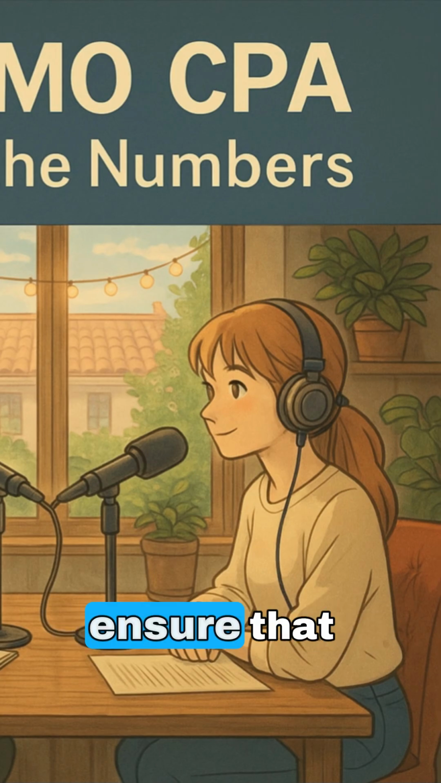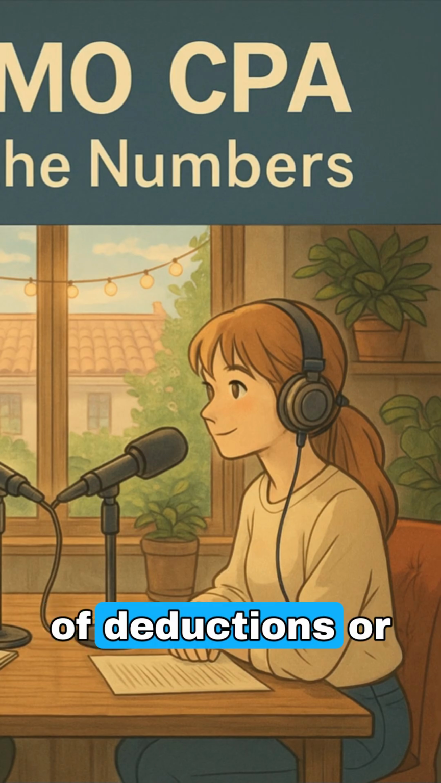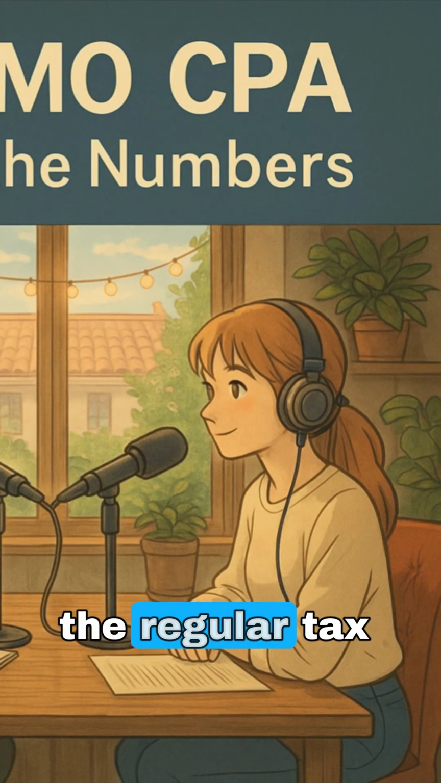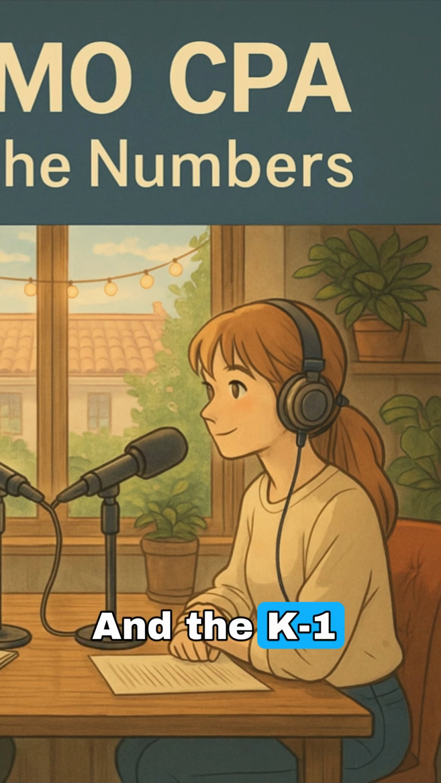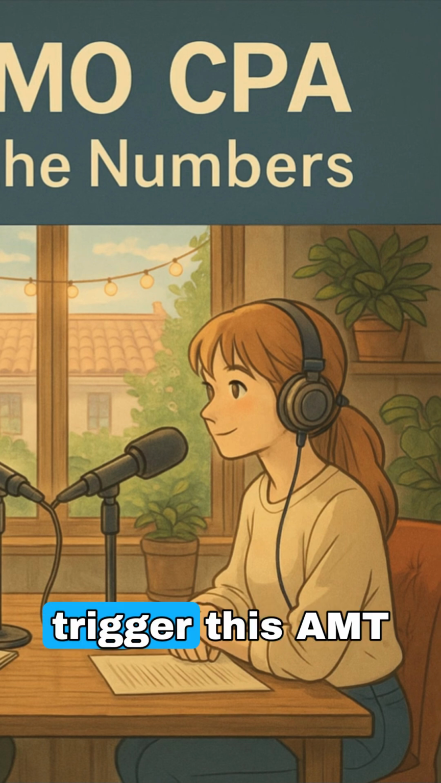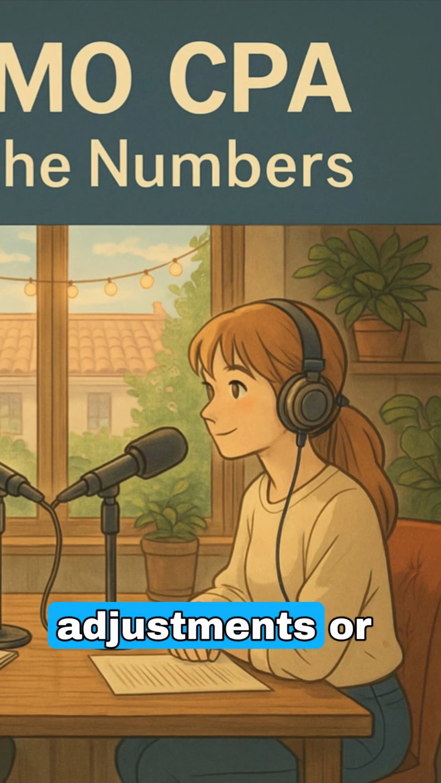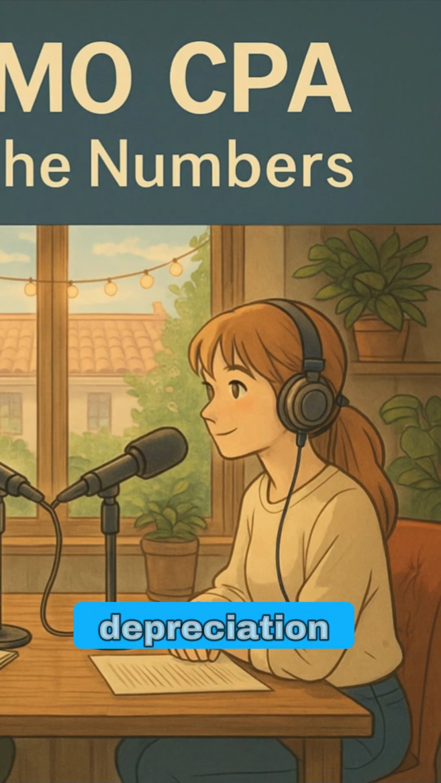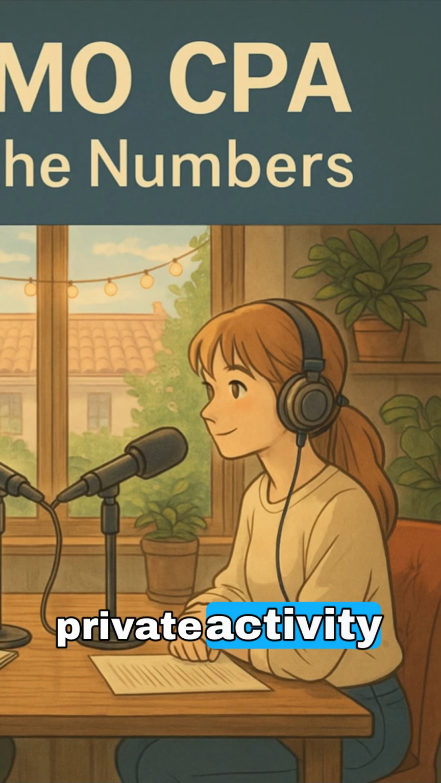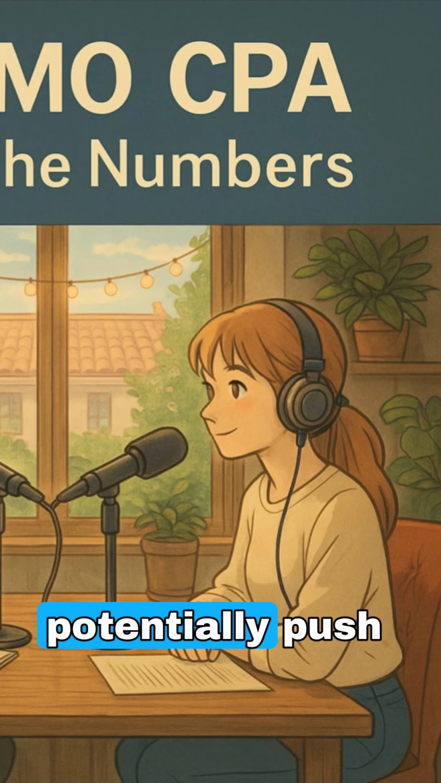It's designed to ensure that certain higher income taxpayers who might have a lot of deductions or specific types of income under the regular tax rules still pay a minimum amount of tax. And the K-1 reports items that might trigger this AMT. Exactly. If you have significant AMT adjustments or preference items reported on your K-1, things like maybe accelerated depreciation differences, certain tax-exempt interest from private activity bonds, incentive stock option adjustments flowing through, these could potentially push you into owing